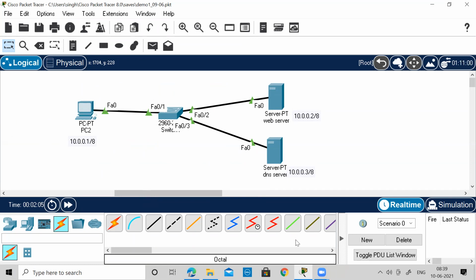Okay. So today's agenda is to start with the OSI and TCP/IP model. If anyone has any queries so far, you can go ahead and ask me. Else I will start with what today's session is related to. So this was all about yesterday's session.